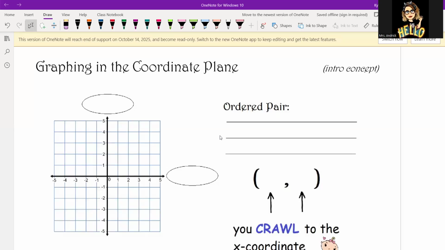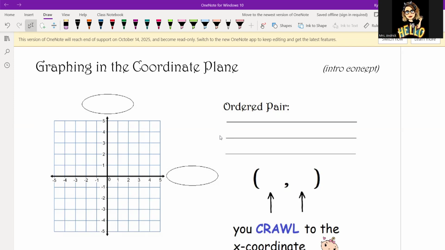All right, so we've mentioned this before. We've talked about the coordinate plane at the beginning of the year, but we're just going to rehash it because now the rest of the unit we're going to be graphing things, graphing lines. So that's super important that we understand where all the parts of the graph are